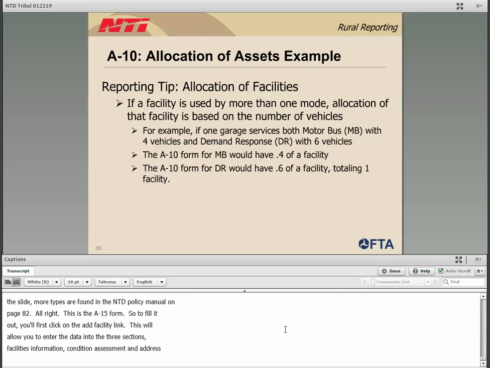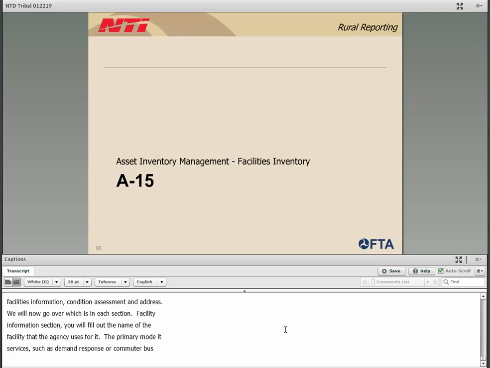In the facility information section, you will fill out the name of the facility that the agency uses for it, the primary mode it services, such as demand response or commuter bus, and any secondary modes that it may service. So if it is primarily servicing that demand response mode, commuter bus might be the second mode that it helps assist. The type of facility you are reporting, as mentioned two slides ago,